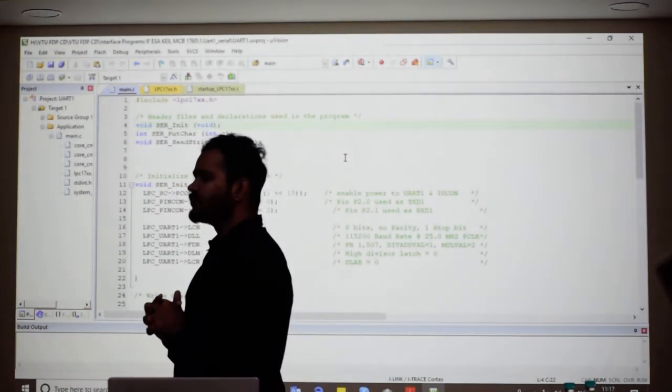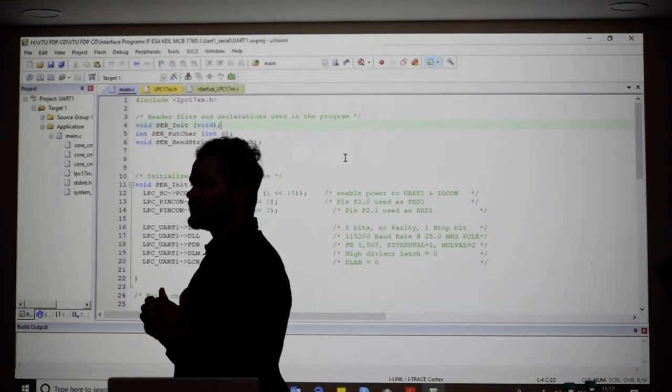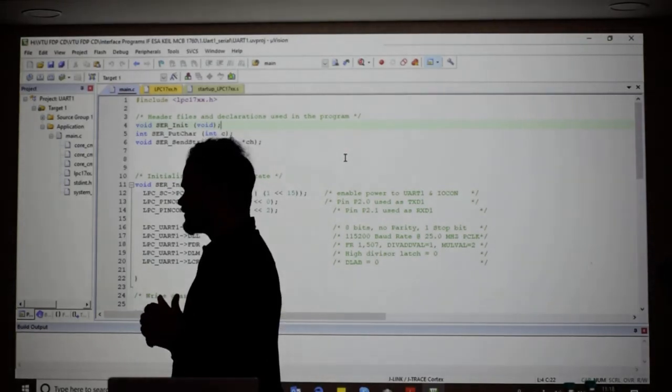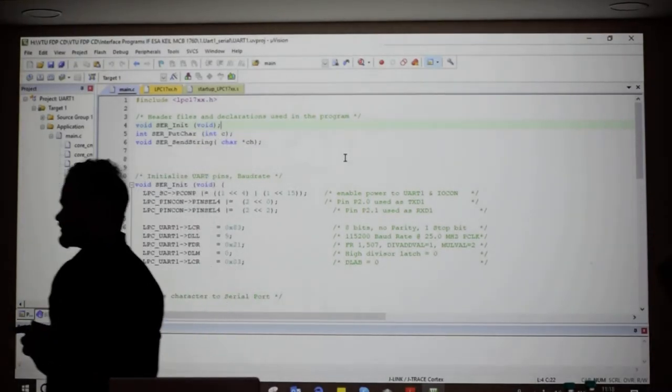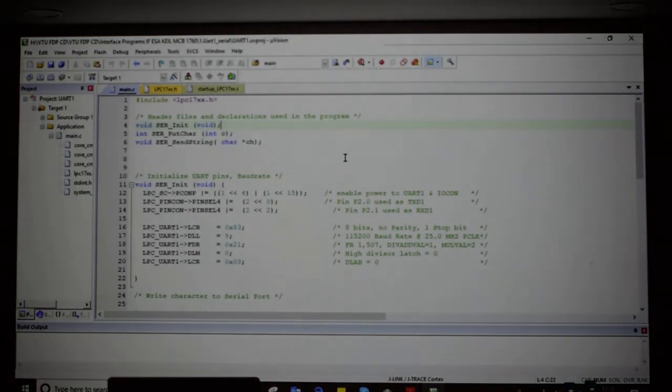So how many of you have used Keil before this? Only one? We haven't used Keil, only read about it on the internet. Last time it was Embedded Studio.